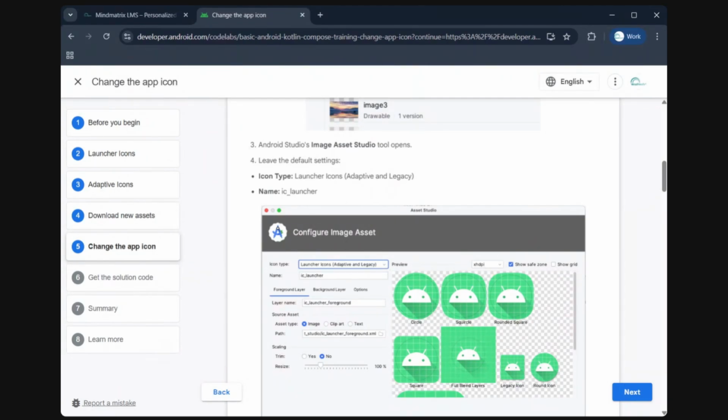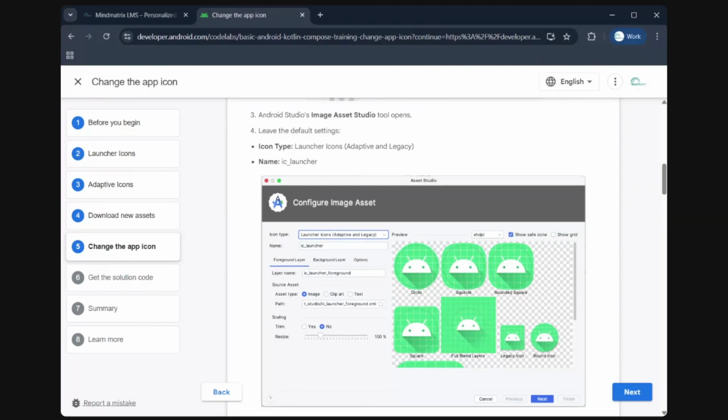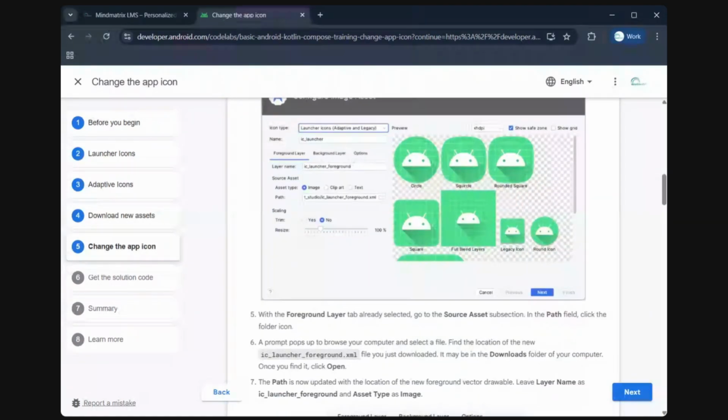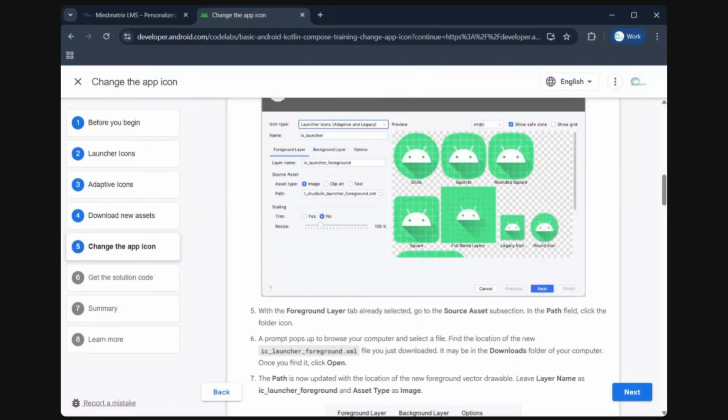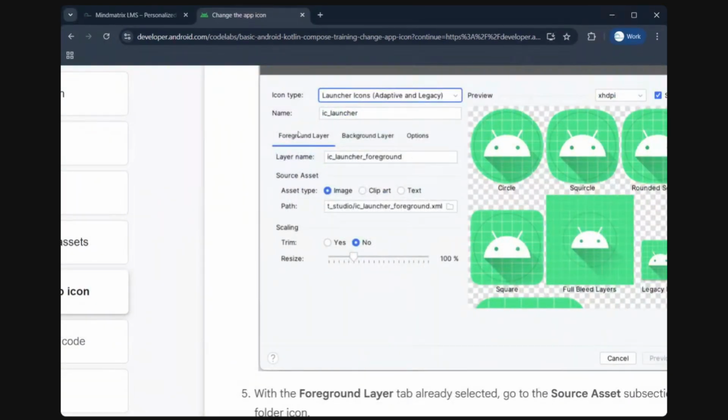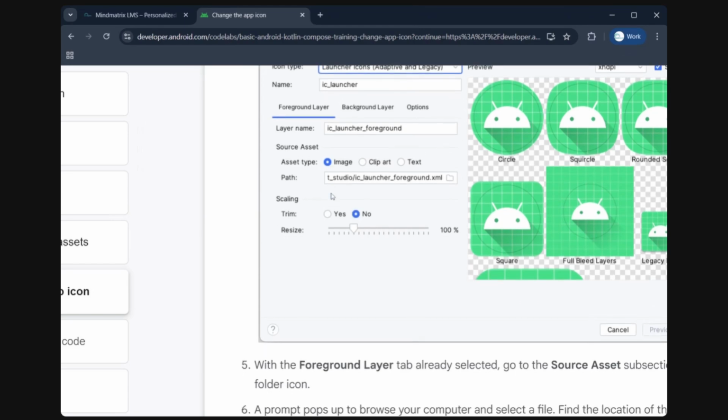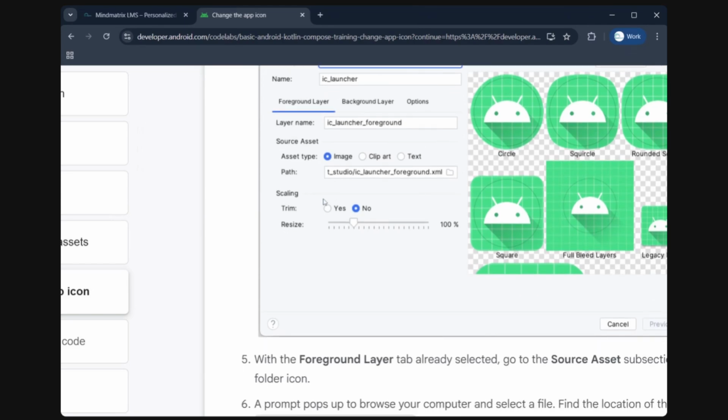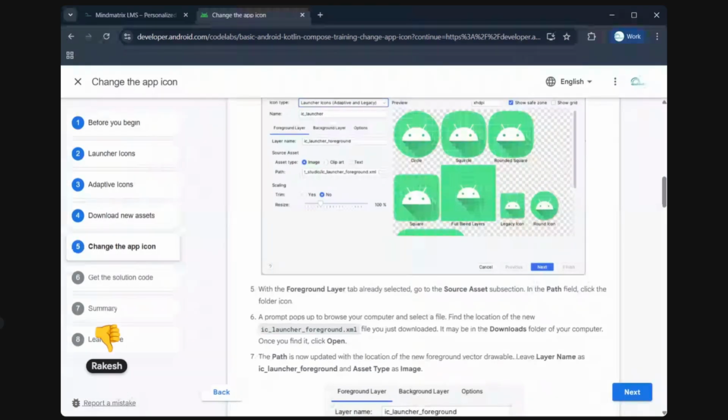In the icon type, make sure it is launcher icons, adaptive and legacy, and the name should be ic_launcher over there. Below that, in the foreground layer, you have to go to the source assets, and in the path field, which you can see below the asset type,